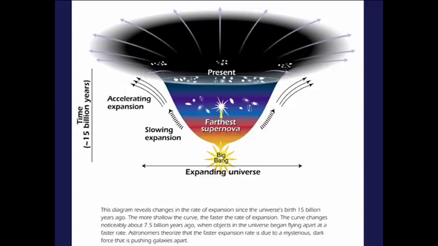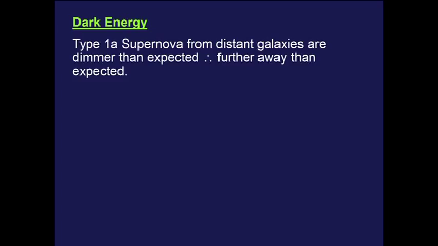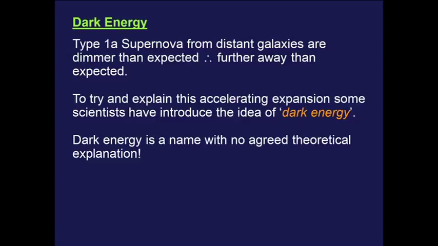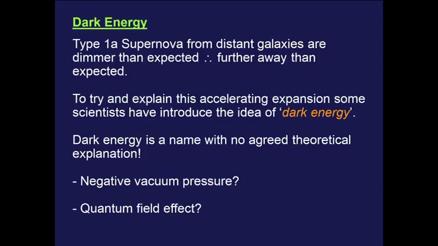Now, we don't really know what it is. We've come up with the term for it, dark energy. And because of this, we've been able to work out how much of the universe is this mysterious force, this mysterious power, which we call dark energy. Now, nobody really knows what it is. All we know is that the universe is expanding far too fast to be doing so on its own. So we don't know what it is, but we come up with this term dark energy to explain the fact that the universe is expanding faster than it should be.